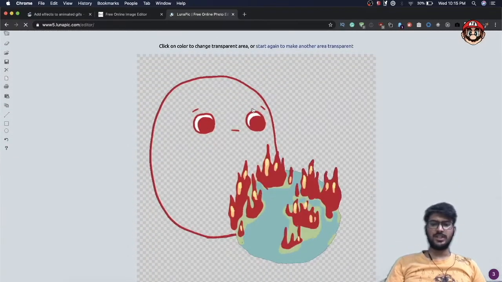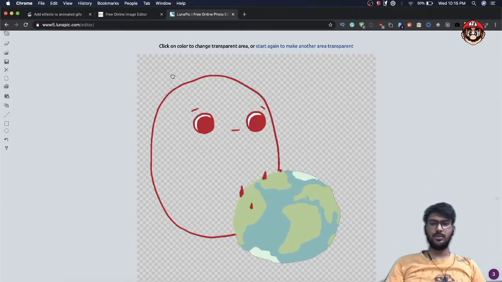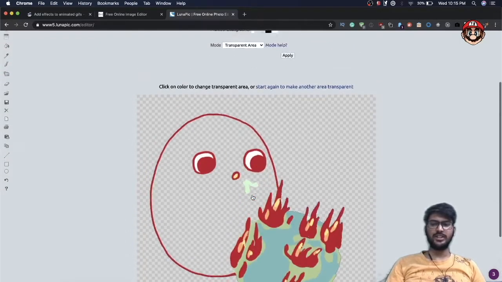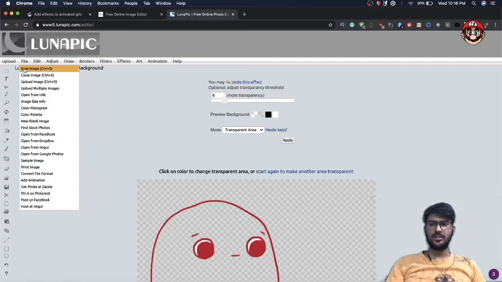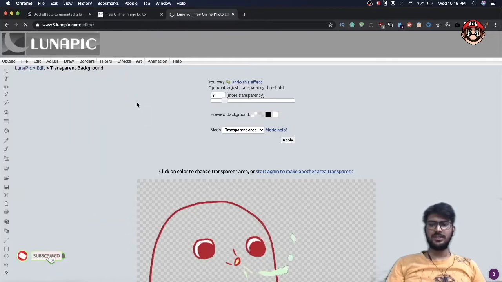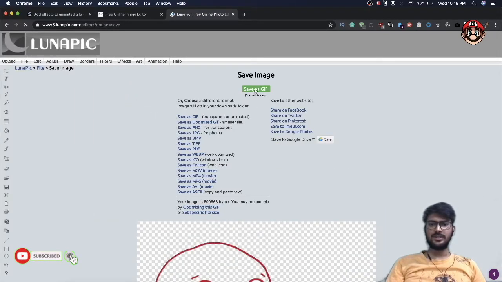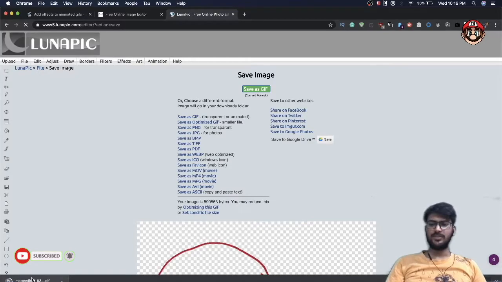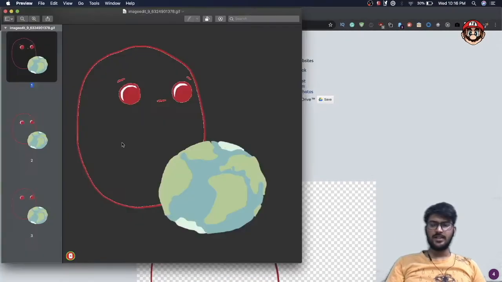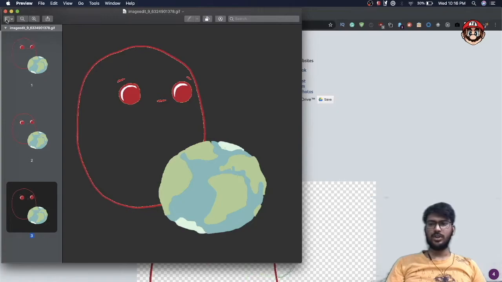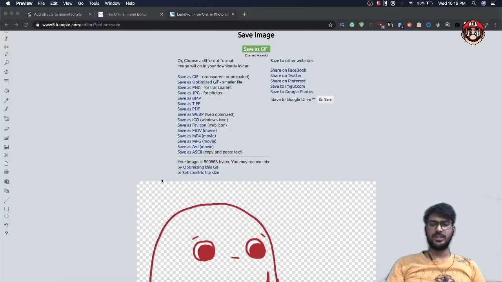As you can see, yellow and blue are both removed quite easily. Now you can go to file, save image, and it will save as a GIF. As you can see, both the body and the background color are removed.